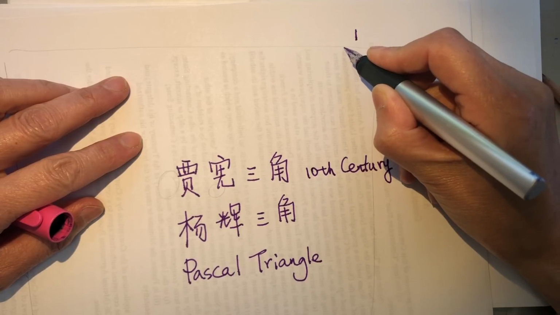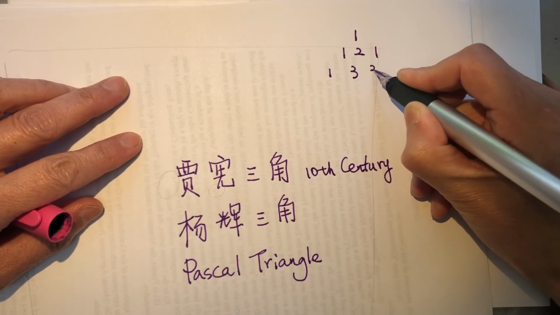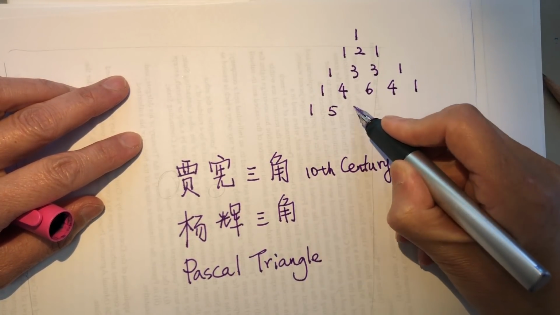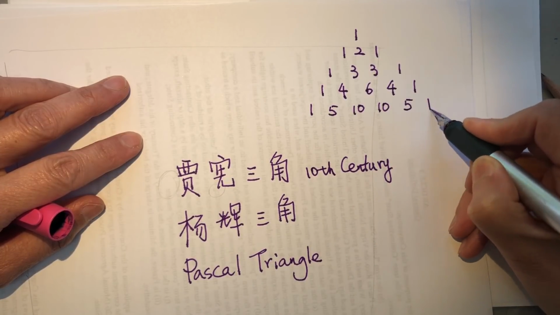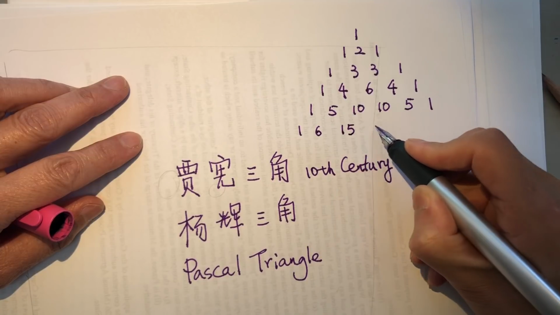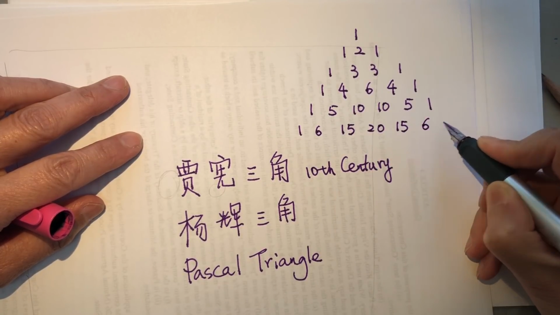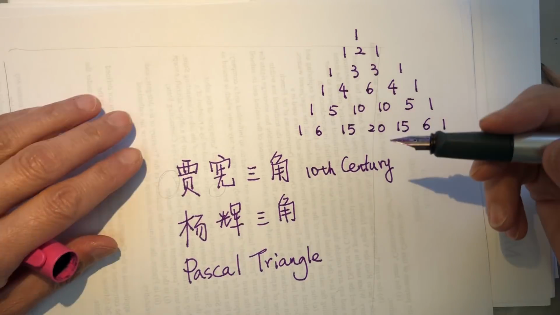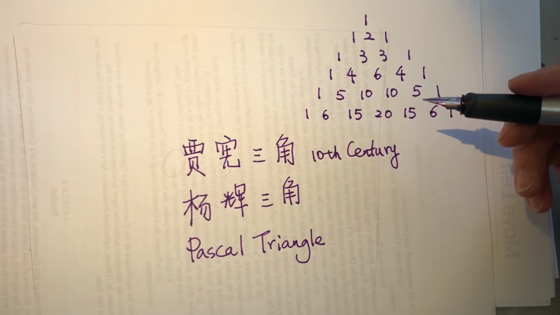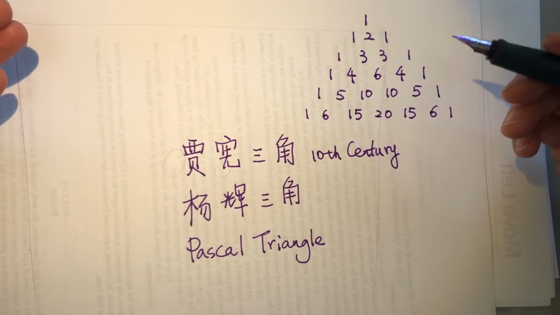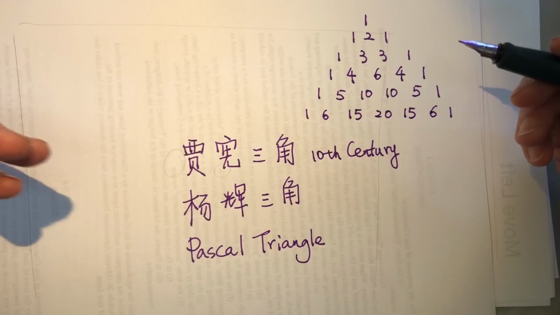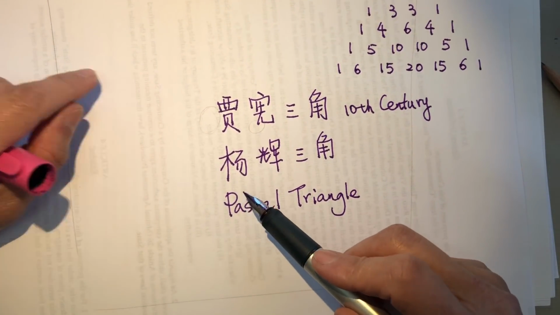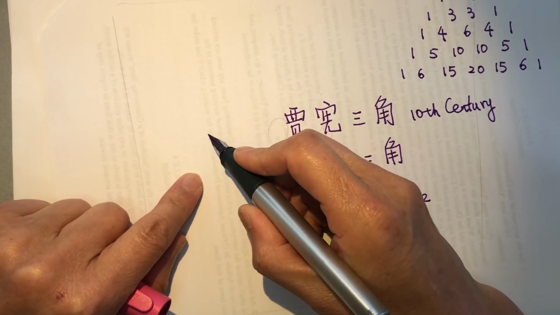1; 1 1; 1 2 1; 1 3 3 1; 1 4 6 4 1; 1 5 10 10 5 1; 1 6 15 20 15 6 1. This very symmetrical and patterned triangle is a beautiful, elegant mathematical expression, and it has a lot of secrets behind it. When we see it, we will slowly figure it out. Why is it called Yang Hui Jia Xian? I write it down. His name